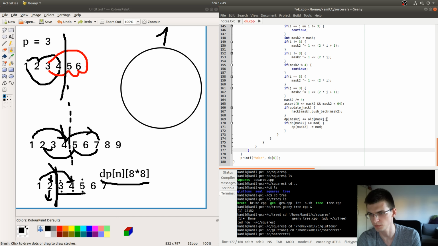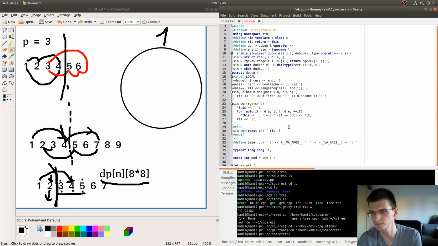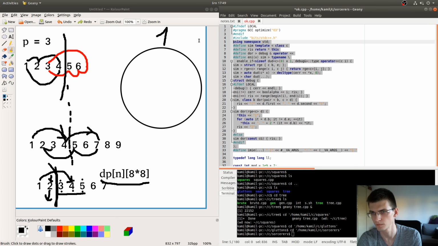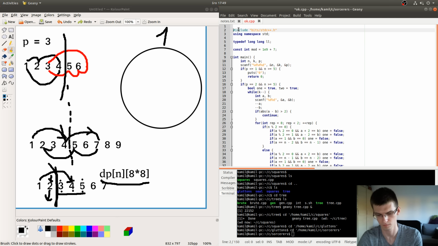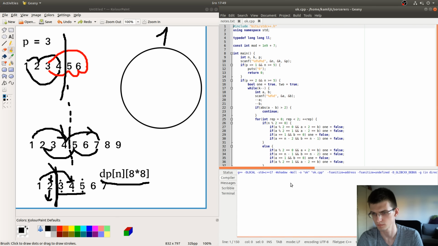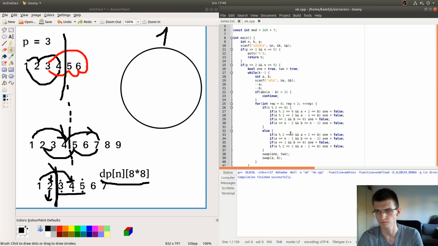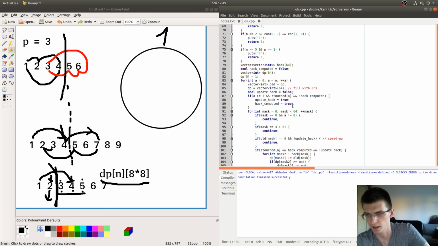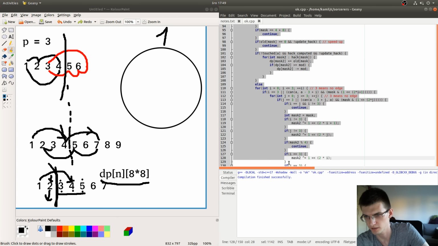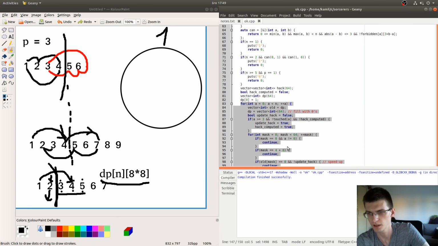So this is my solution. Ignoring the cases about small n or small p, this is the main solution, and I will roughly go through that.